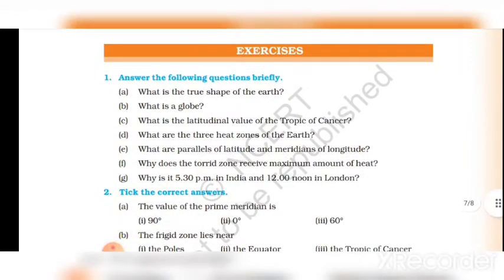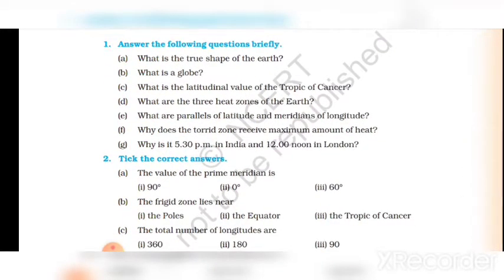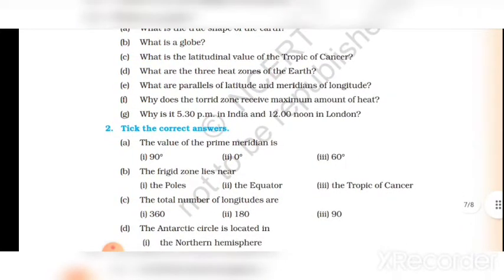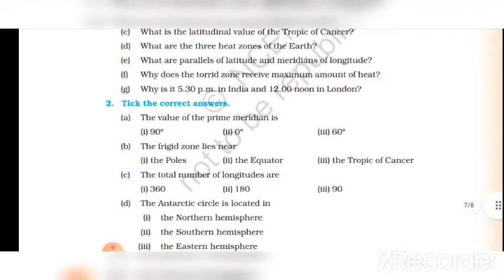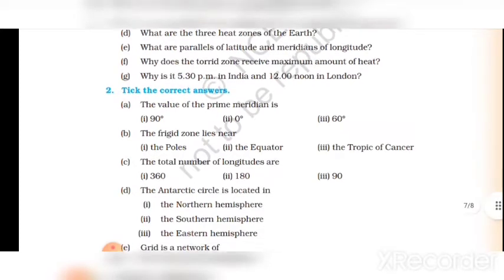66 and a half degrees south. Okay, important parallels of latitudes. Besides the equator 0 degree, the North Pole 90 degrees north and South Pole 90 degrees south, there are four important parallels of latitude.